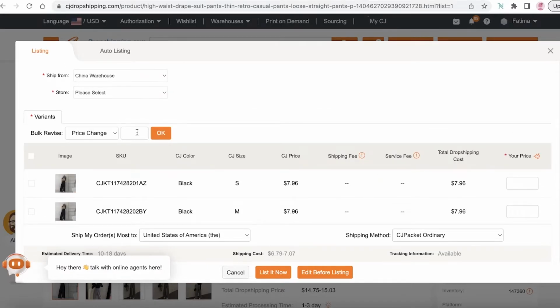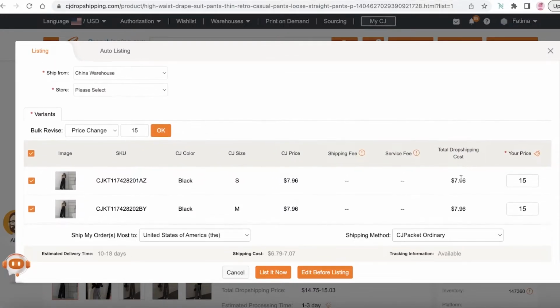And you can click on bulk revise and add the revised price. So what I'm going to do is hike up the price to $15. And I'm going to select all of these products. Now this is going to be the total dropshipping cost, which is around $7.09, which is around $8. And I'm going to be selling this for $15, which would mean I am getting $7 in profit. And this is $7 in revenue. Let's say if you're buying Shopify and all that, your profits might be cut, but you're getting $7 in revenue from each individual sale of a simple product like this.